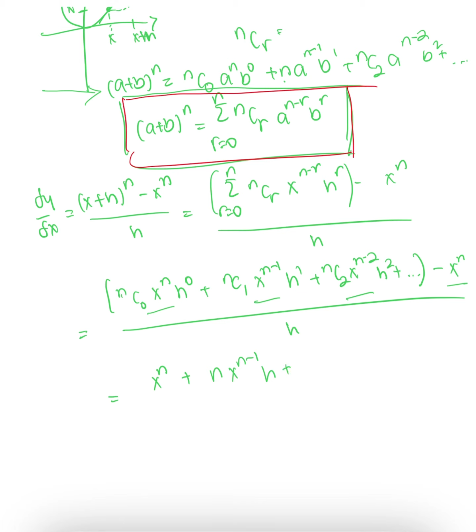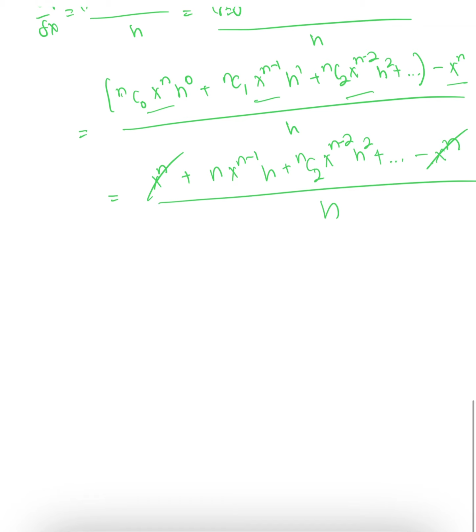And then we've got plus n choose 2. Now obviously that depends what n is, or in fact, I'm just going to leave it like this for a second because I need the space. h to the power of 2 plus dot dot dot. Now minus x to the power of n, all over h. This goes from here. Okay, leaving me with n x^(n-1) h plus n choose 2 x^(n-2) h^2 plus dot dot dot all over